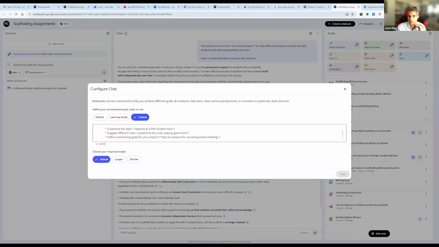Here you can prompt it and say, respond at a PhD level, or pretend to be role-playing. For my debate idea, I would say here, you are debating against this other team. You have to win at this argument and do your best to answer all questions correctly. So here you can type those prompts to customize it a little more.